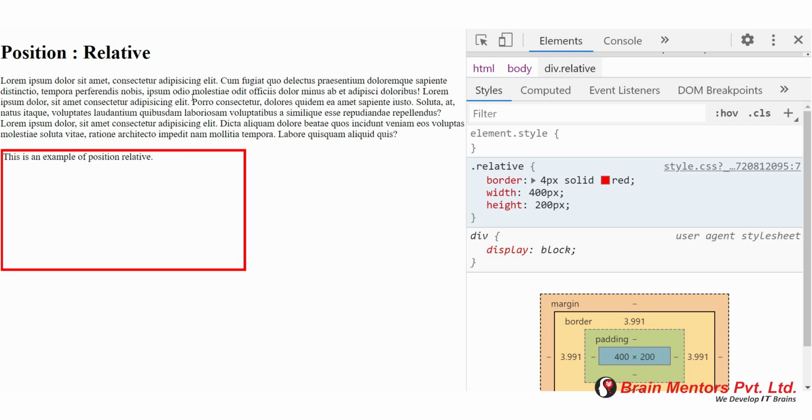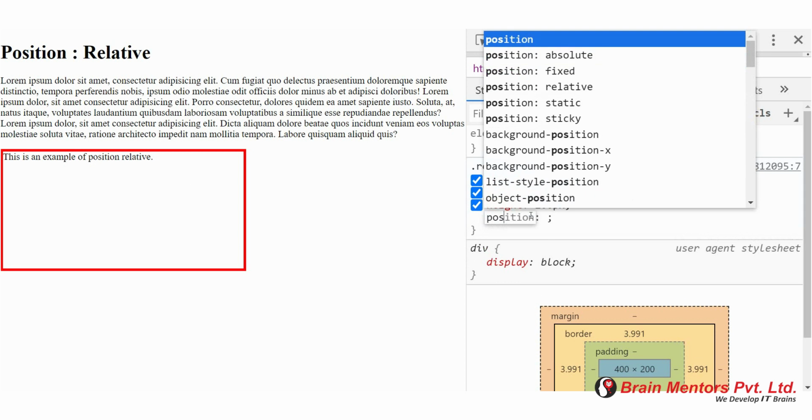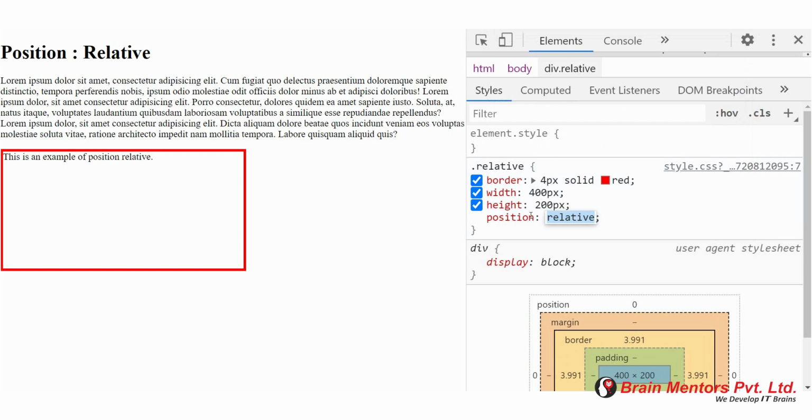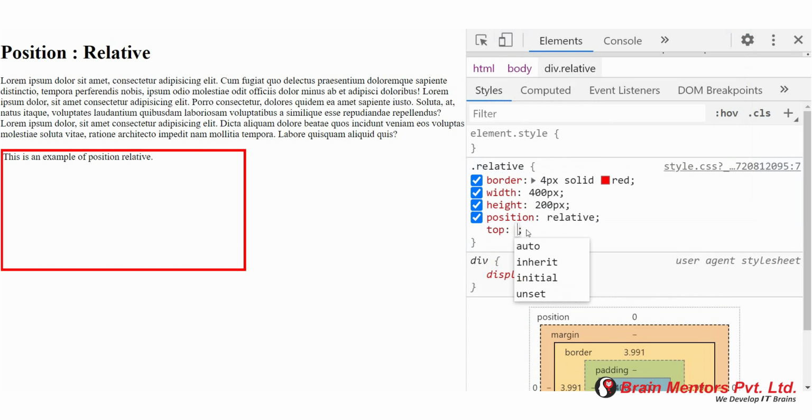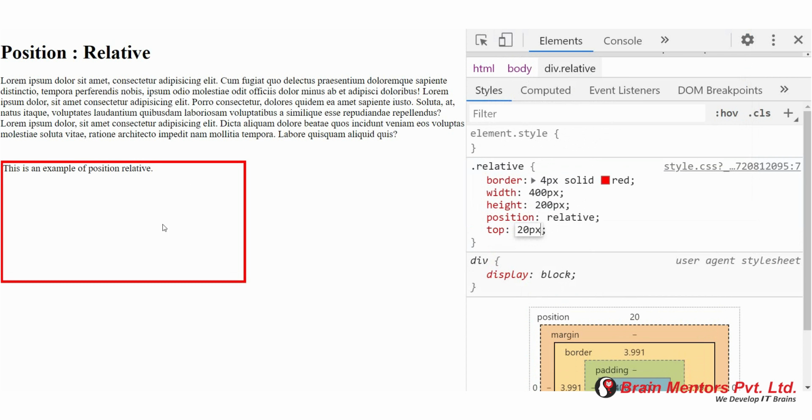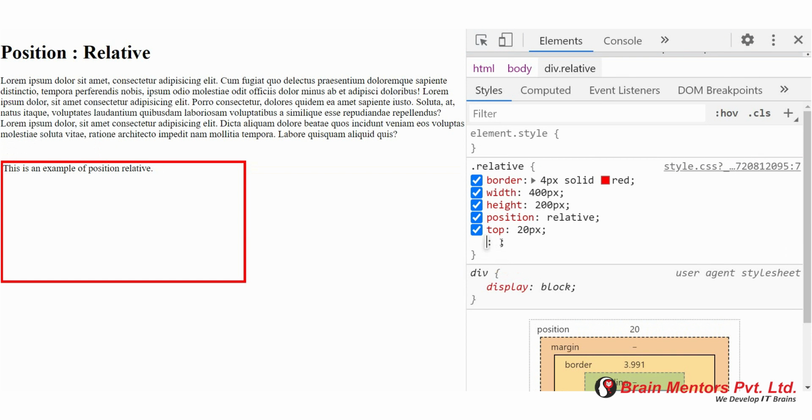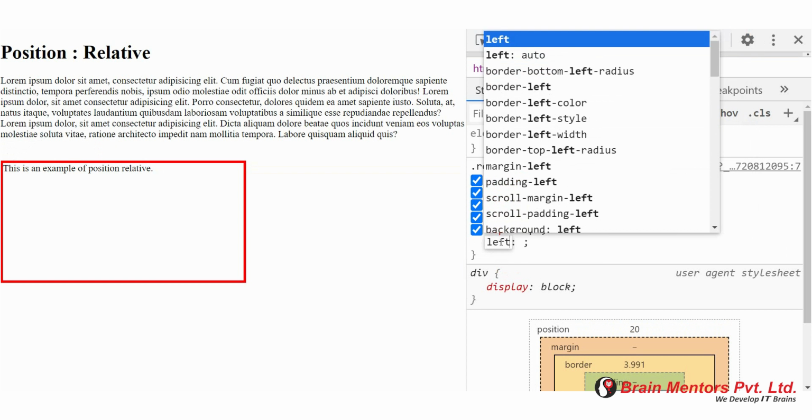Here, as you can see, we have a simple web page, and we want this red highlighted div element to be positioned relative to its original or normal position. So basically we can position any element from its normal position. For this we have to specify position relative to this red highlighted element. That means now this div element is positioned relative to its normal position. Then by using position property top with positive value, you can move this div element downward from its original position.